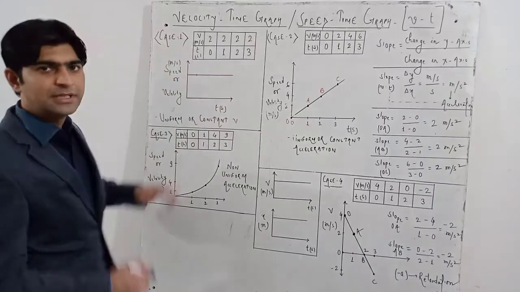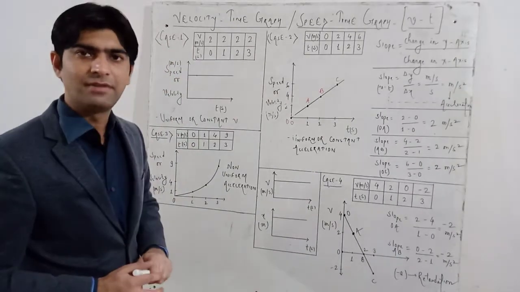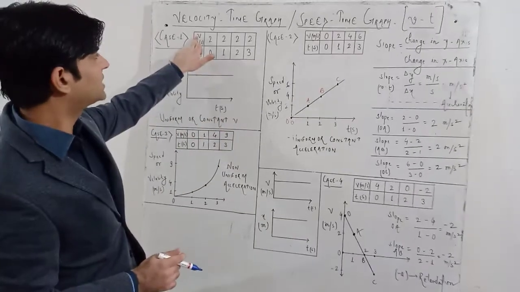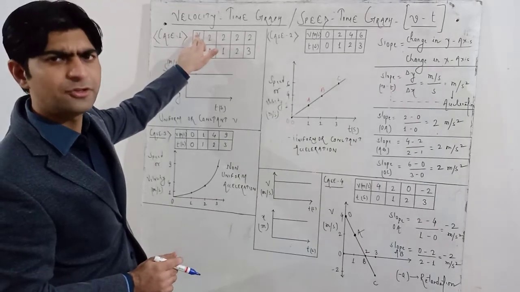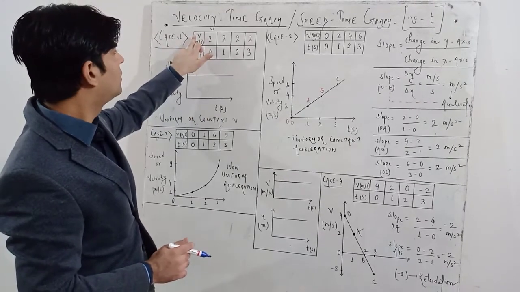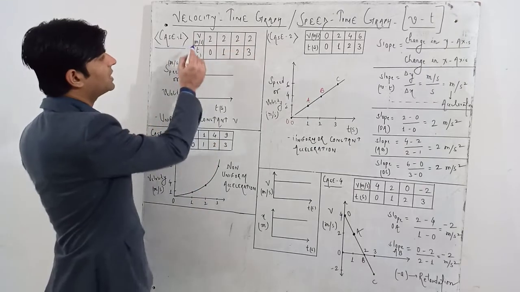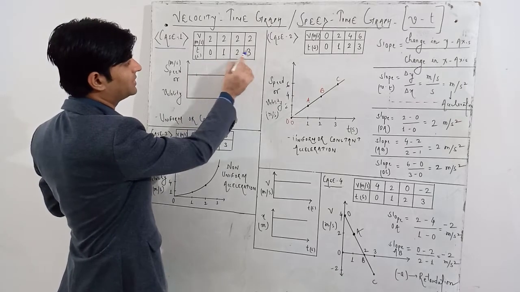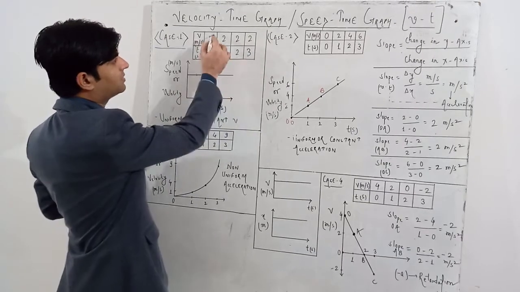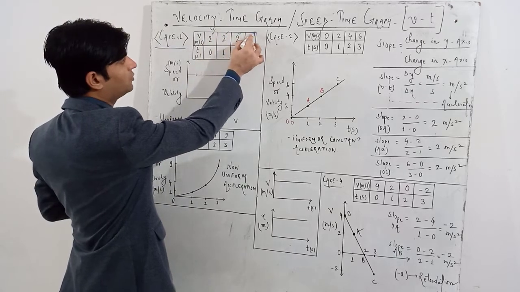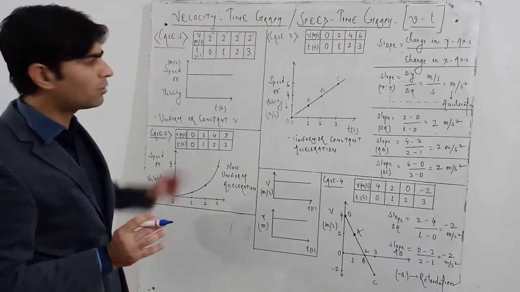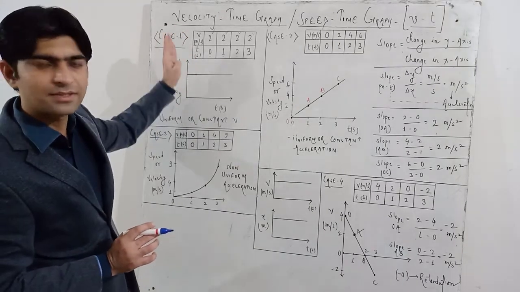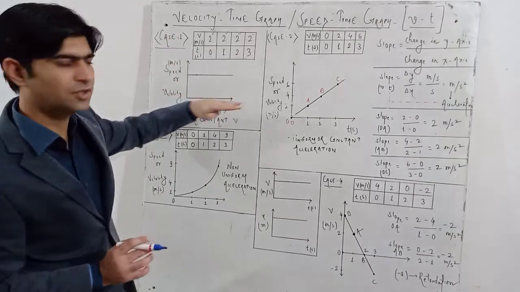The first case, I have designed a case-wise structure. If you see case number 1 here, V stands for velocity or speed, you may consider. Velocity is constant here. I have written the velocity with the passage of time: 0 second, 1 second, 2 second, 3 second. At every instant, the velocity or speed is constant: 2, 2, 2, 2. So if you plot this velocity versus time graph, velocity or speed you have to take on the y-axis and time again on the x-axis, you will get a straight line here.